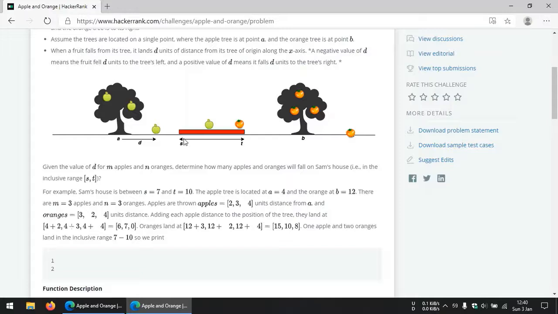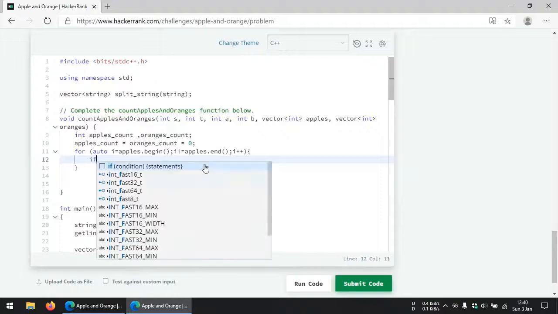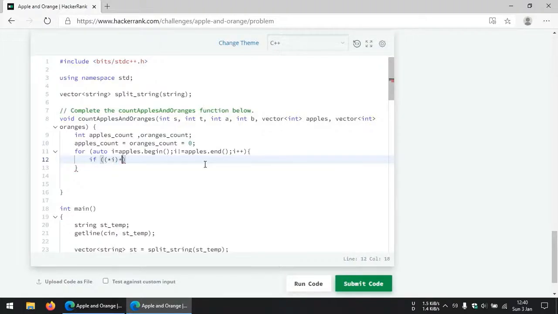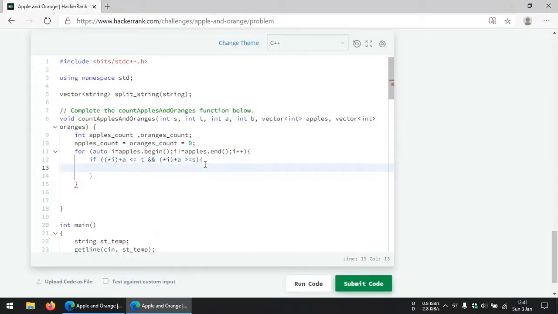Sam's house starts from S and ends at T, so we check if the point at which the fruit has fallen is within this range. If it is, we increment the respective counter by 1. In this case, since we are iterating through the apple array, we increment the apples count by 1.